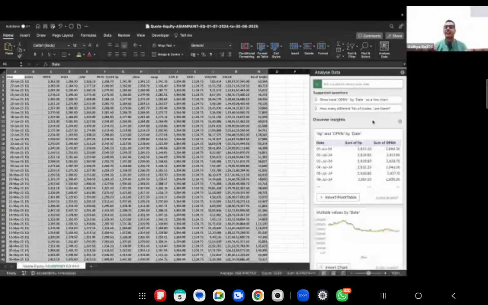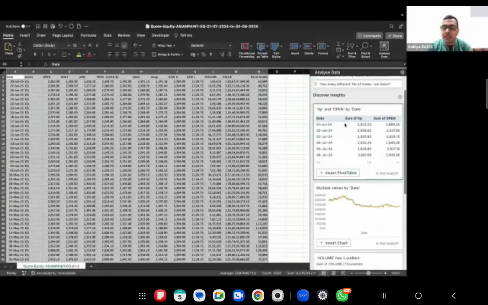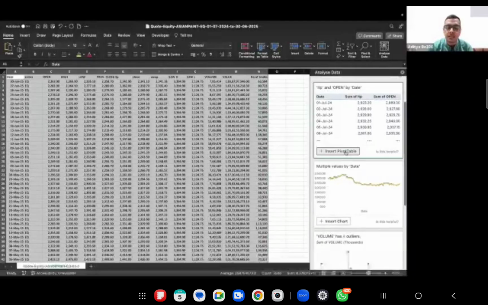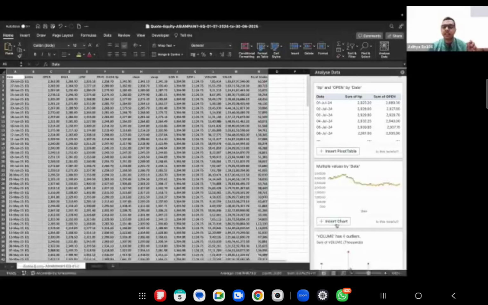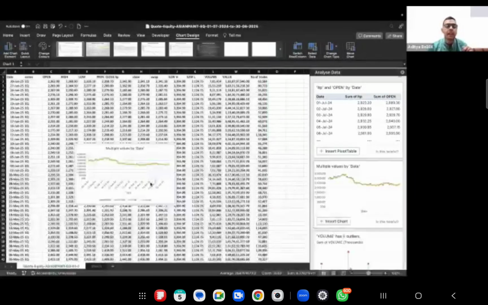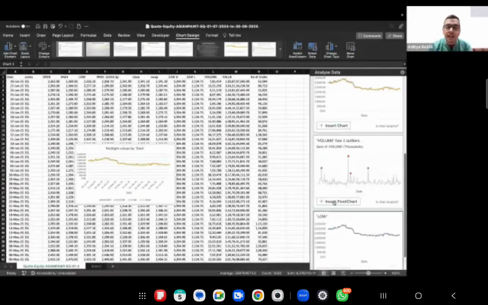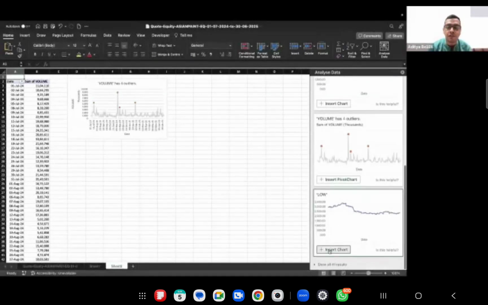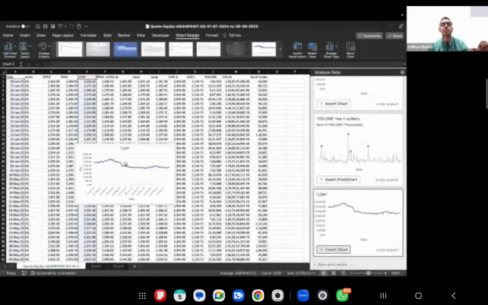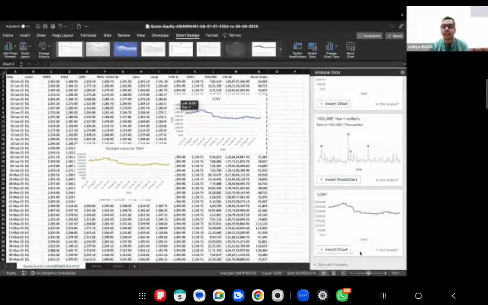Once I click on this Analyze Data button, I have certain things here with me. There is this Insert Pivot Table button over here, so let me click over here. A pivot table has been created. If I go to the sheet again, there's some Insert Chart. Let me click over here, guys. One chart created for me in a matter of 2 clicks. I clicked on Analyze Data, I clicked on Insert Chart. Visualization done. Again, if I click over here, pivot table and pivot chart both created in the matter of 1 click. If I click over here, one more chart created for me.